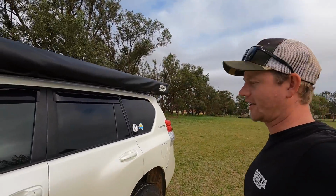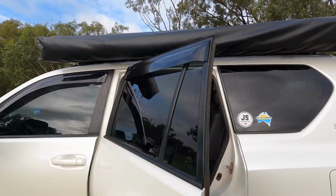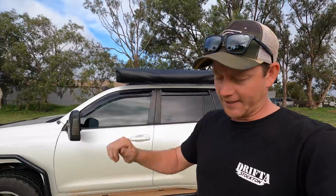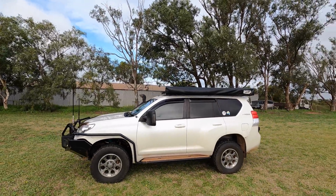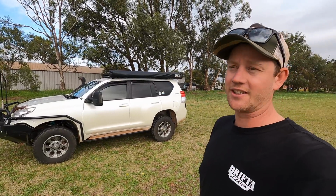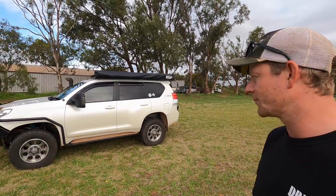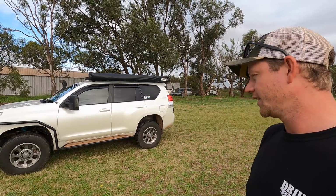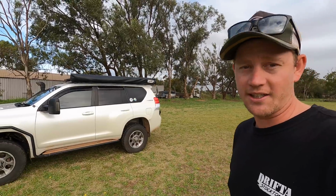I wouldn't say normal, it's a 5-seater. Seats are back in, all the battery system is back out, and yeah, just back to a normal car, the way we had it when we were traveling before. Which I guess you can thank COVID for that, because having a week off with COVID is absolutely boring. It is, yeah, incredibly boring, but luckily that gave me a lot to do to get that back up to shape for traveling, and I guess stripped out, because we are going to be towing pretty hefty weight behind us